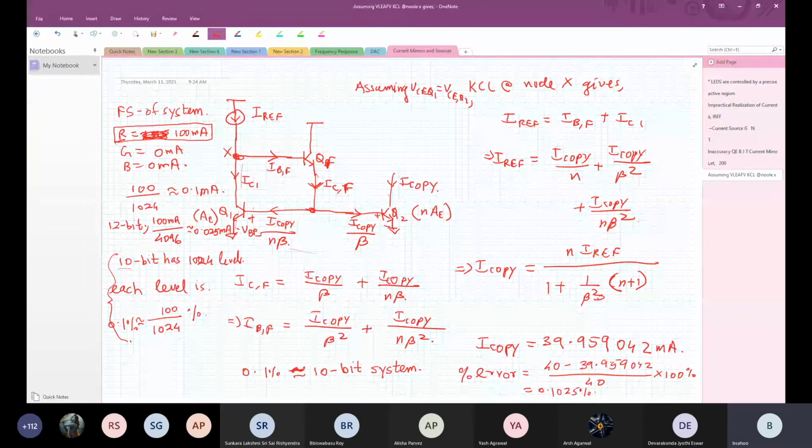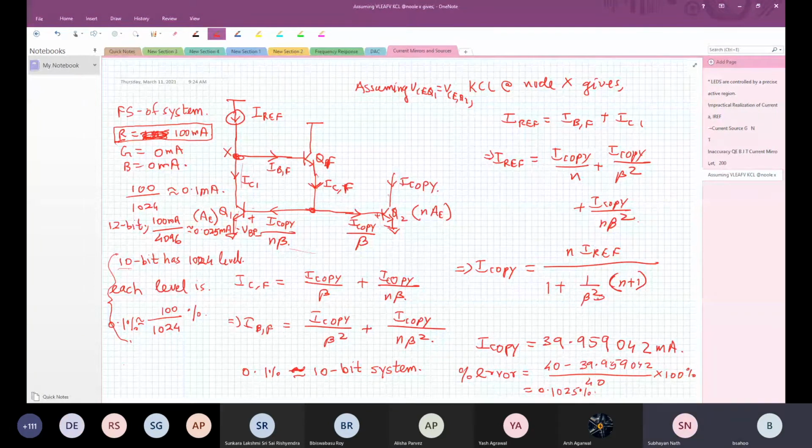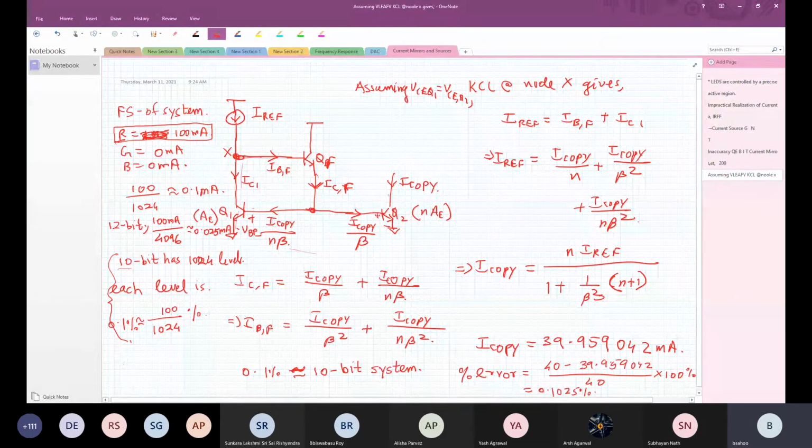We will do the same thing twice. So you are saying that the amount of current that this part is stealing should be reduced. Correct? To reduce that, what we will do is I can now put in